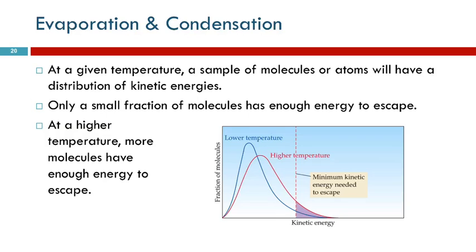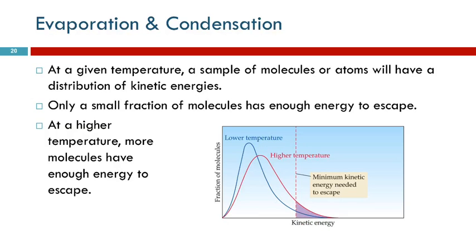So if we look at a particular temperature, the temperature is a measure of the average kinetic energy of the molecules. Well, you've got an average, you've got some that are high and some that are low, a bunch in the middle. And so this curve here represents the kinetic energy of the different molecules. So the fraction of molecules with this kinetic energy, kind of in the middle, is pretty high, and the fraction with very low kinetic energy is very small, but also at the high end, there's a few molecules that have much higher kinetic energy than others.